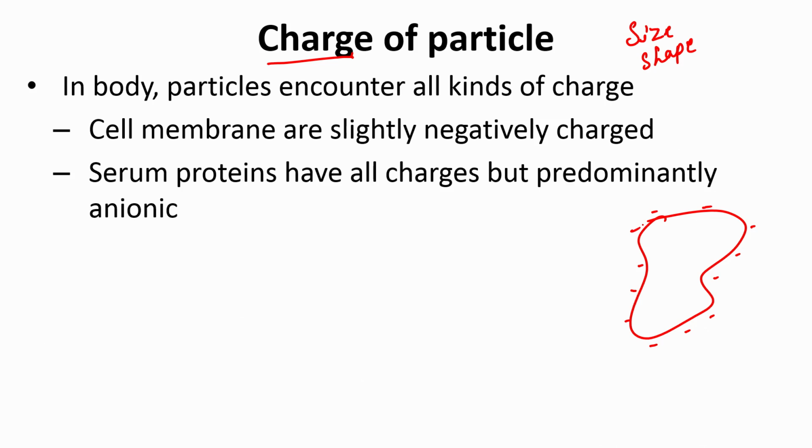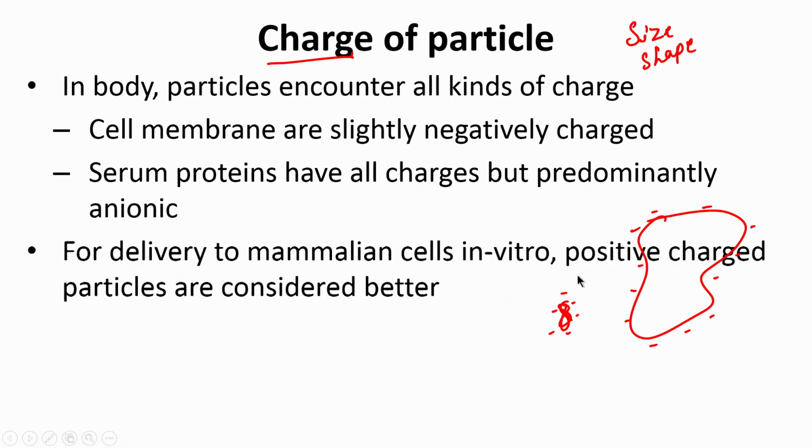The serum proteins that are flowing in our blood are also predominantly anionic. So, most proteins that are flowing also typically carry negative charge, although this is not true with all proteins. There are proteins which are also positively charged, but predominantly you will find that most serum proteins are negatively charged. So, now that we know that this membrane is negatively charged, if I want to deliver something to the cell,